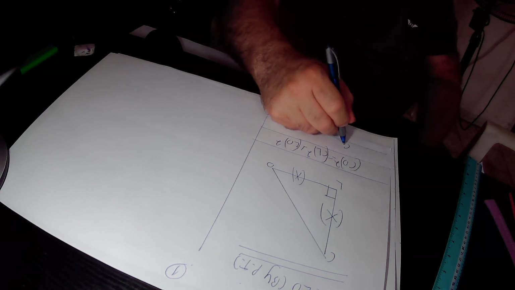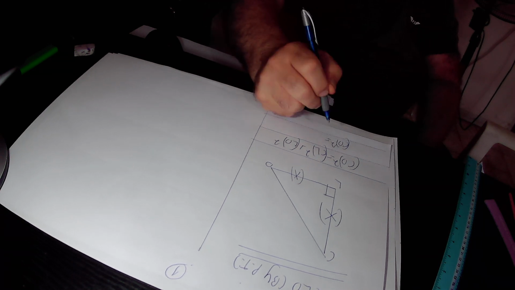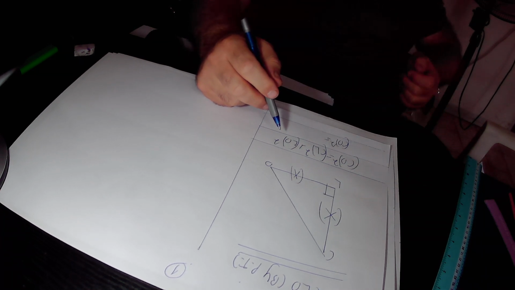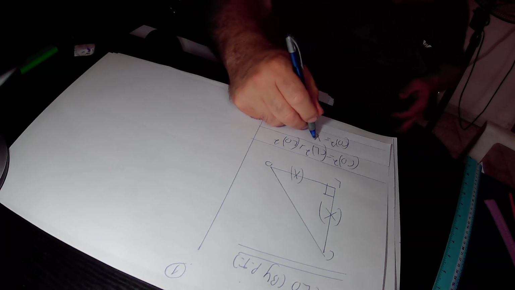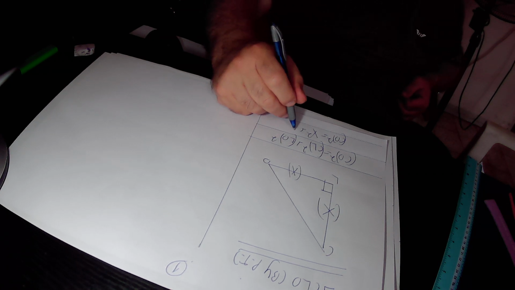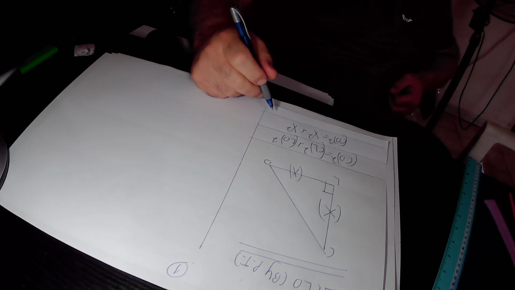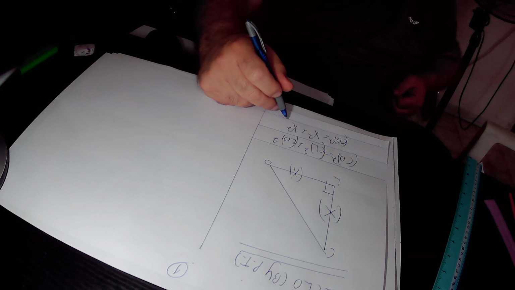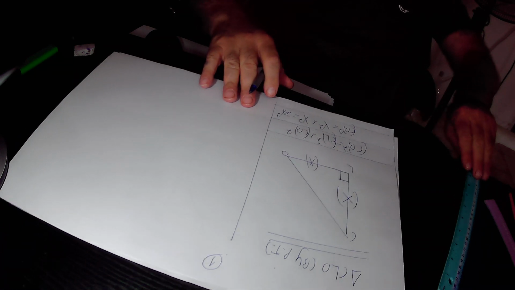So CO square equals CL square. CL is x, therefore CL square is x square, plus LO square. LO is also x, therefore LO square is x square. So in total, CO square equals x square plus x square, that is 2x square. So we found out that